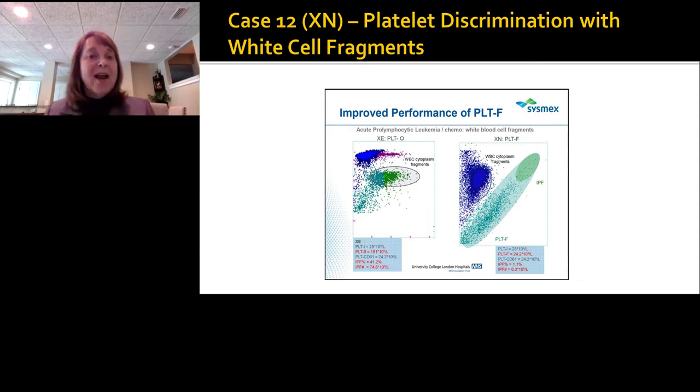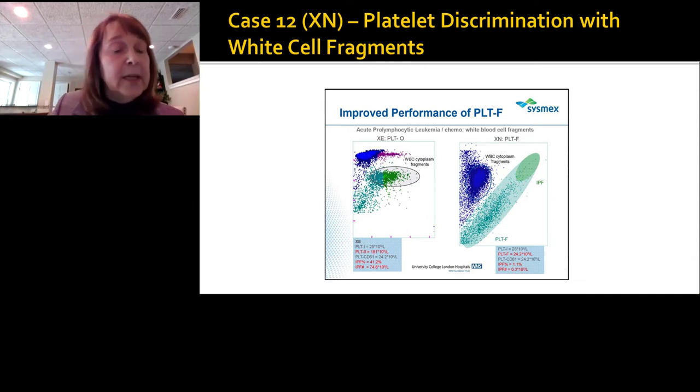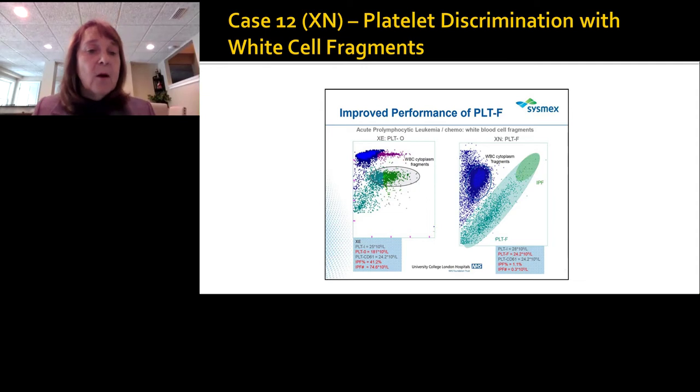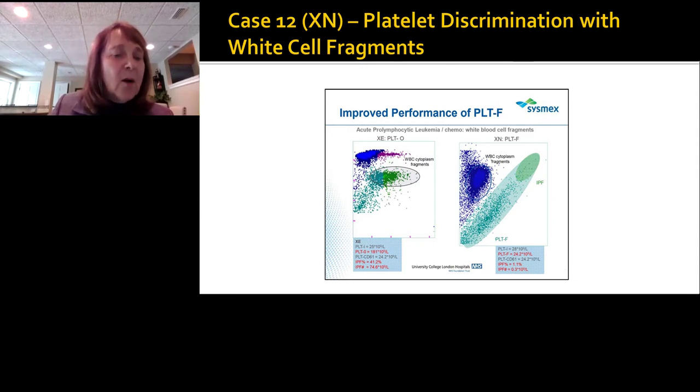On the left, we have our XE and our Platelet-O, and we're saying that many times Platelet-O can be better than the platelet I. Important not to make that a hard and fast rule. It's important to look at the scattergram and determine what that scattergram is telling you. When we look at this Platelet-O, we ask ourselves, does it look normal? And certainly it does not. Actually, our red cell looks pretty small. We do have some retics. It's not too bad. Our problem comes when we start looking at this platelet, and we actually have a level